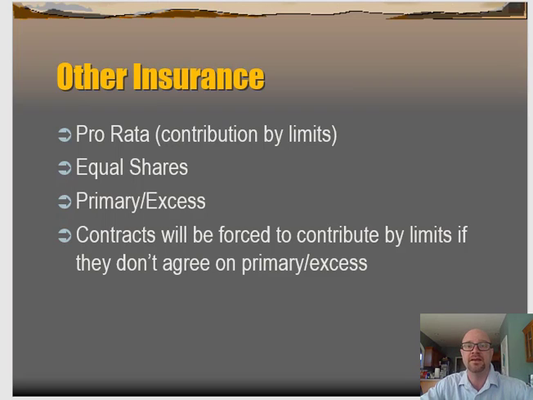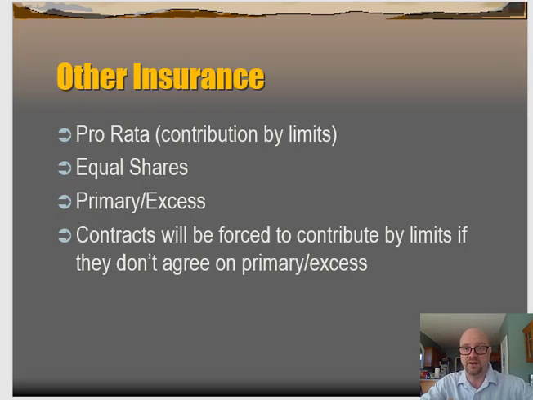And we'll stipulate in the contracts that we have with each insurance company how we handle other insurance. And that's a literal term. Do you have other insurance? If you do, we have to figure out how we're going to split the liability when losses happen. And primary excess is really common because we handle that on the front end. So every company knows, hey, we're providing the primary layer. And then the next company knows, hey, we've got the middle layer, and so on.